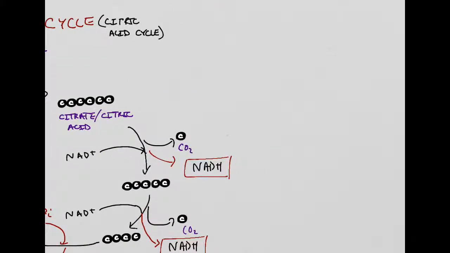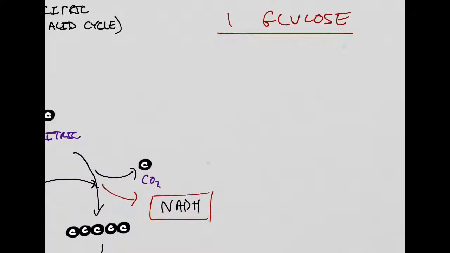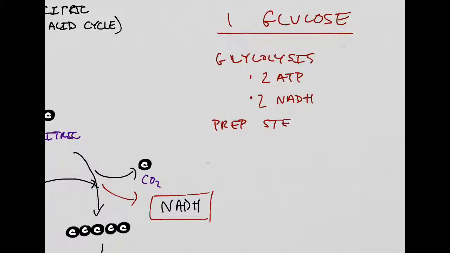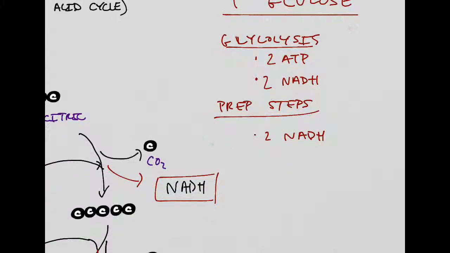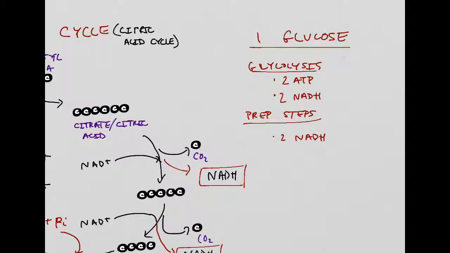If we talk about 1 molecule of glucose, in glycolysis we produced 2 ATP for each molecule of glucose, as well as 2 NADH. In the prep steps, we produced 2 NADH. And then, in the Krebs cycle,